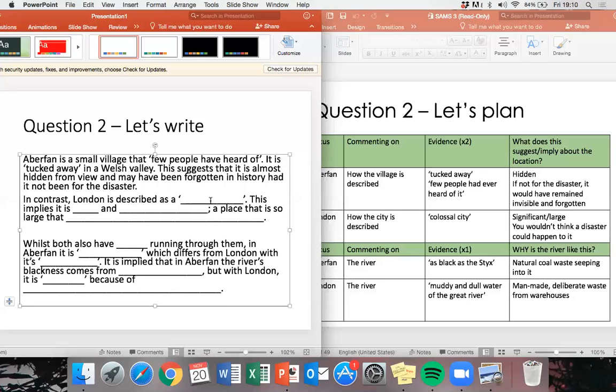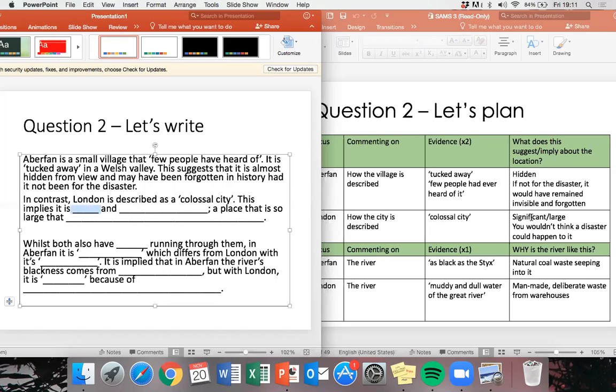I'm going to switch to source B. And remember, first of all, I'm aiming to make that statement quotation pairing within the first part of this section. So I'm going to put in contrast, using one of those contrasting discourse markers, to show that I'm going to look at a difference. In contrast, London is described as a, and I've got my quotation over here, colossal city. I'm just going to put colossal city in there. This implies that it is,